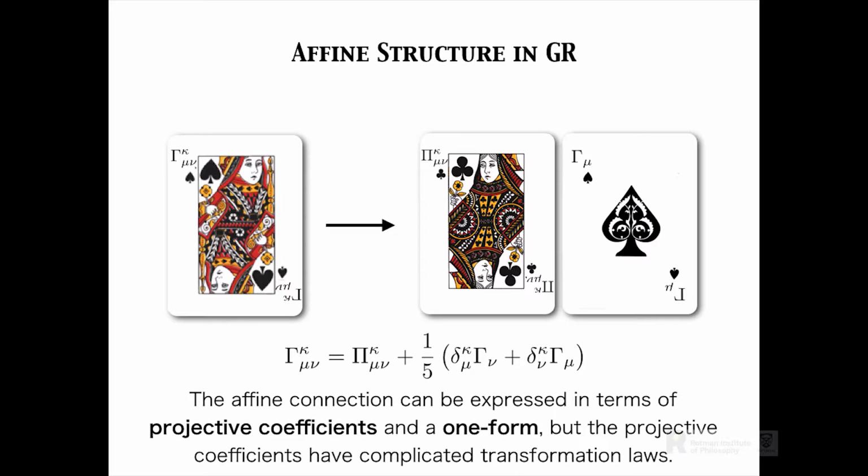Now, what I've showed you so far is not new. People have been doing this for a long time. The metric has been split up and divided. What is new in UCPR is what happens with the connection. So, in general relativity, you can write a connection in terms of something called projective parameters or coefficients, and a trace of the connection. So, these projective parameters,